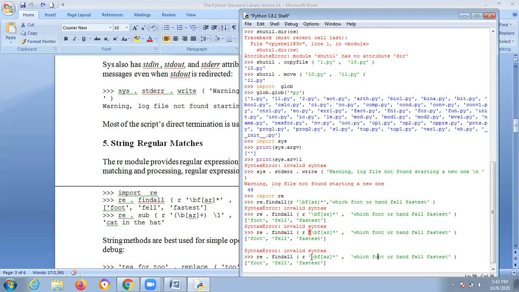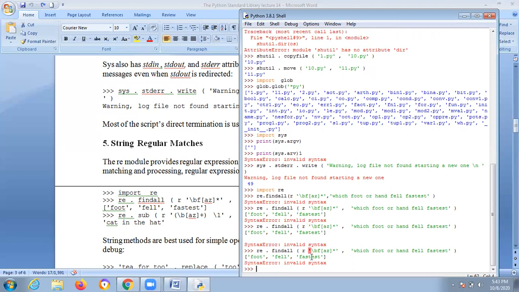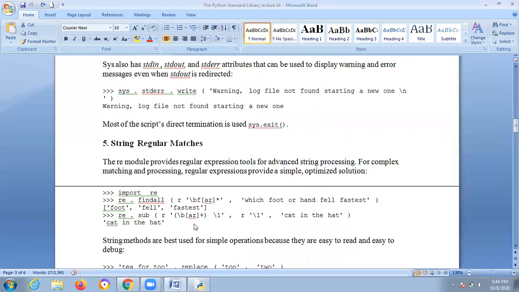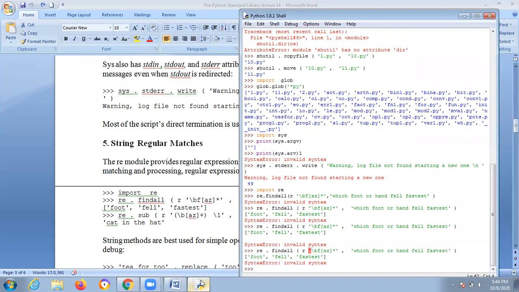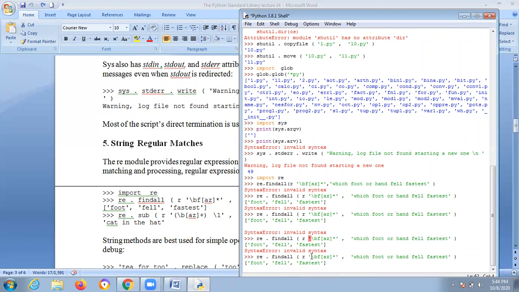We have to work on this one. re.findall or some space.